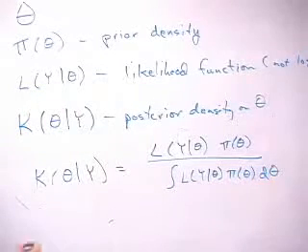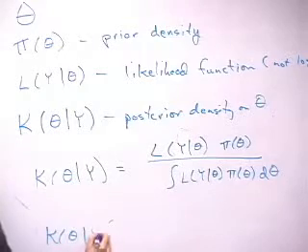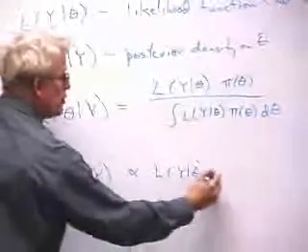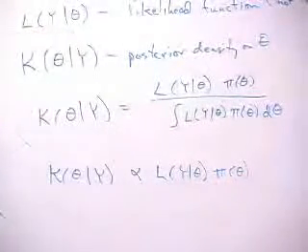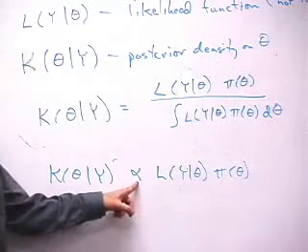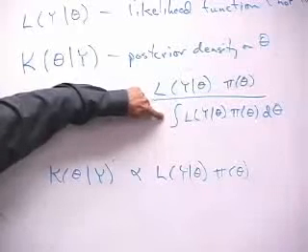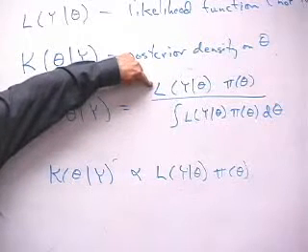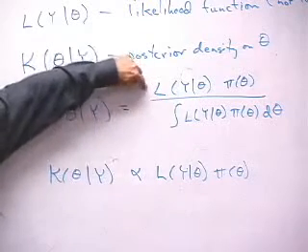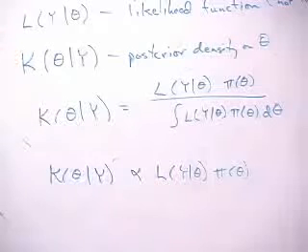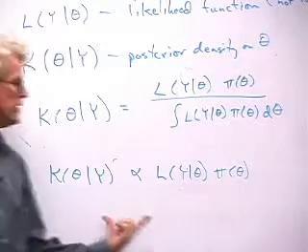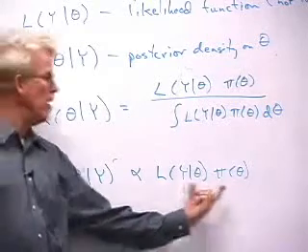Or stated alternatively, the posterior distribution is proportional to your prior distribution times the likelihood of your data at that value of theta. This is a proportional-to thing, because notice that the denominator here is just the integral of the numerator over all possible values of theta, and hence it's just a normalizing constant that forces this to integrate to 1, so it's a density. So a more succinct way to say it is the posterior distribution is proportional to the prior density